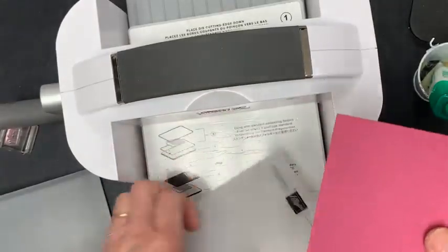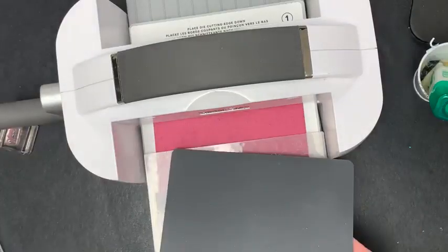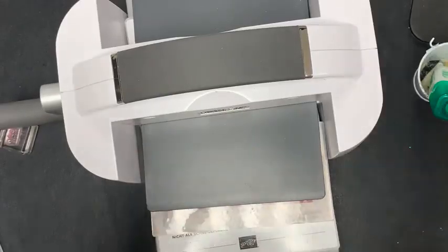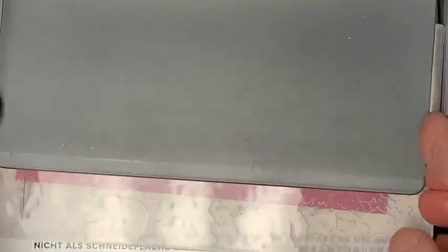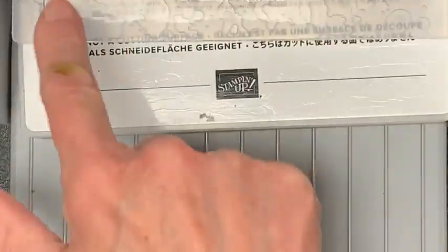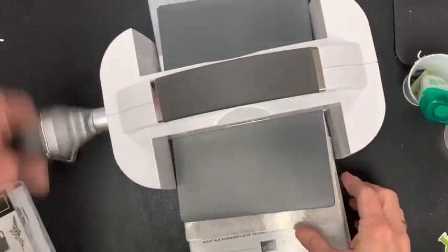Then I'm going to take my folder, put the other half of this paper in, and do the exact same thing. So I'm going to put this in. Pull this out here. Okay, put this in as far as my paper goes. My paper ends right there. That's where my paper ends. So that's where I'm going to bring the gray top embossing folder. And I'm going to put it through only as far as that gray goes, right there. And then I'm going to back it up again. And when I take it out,